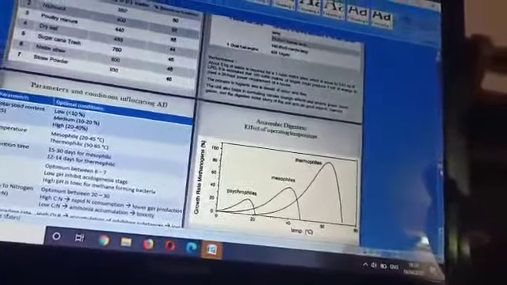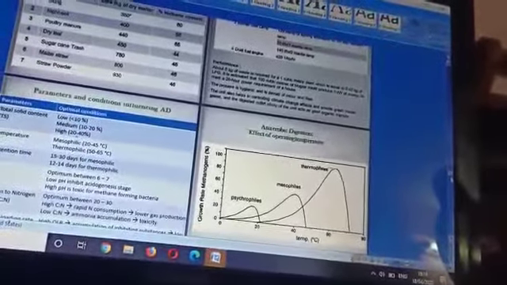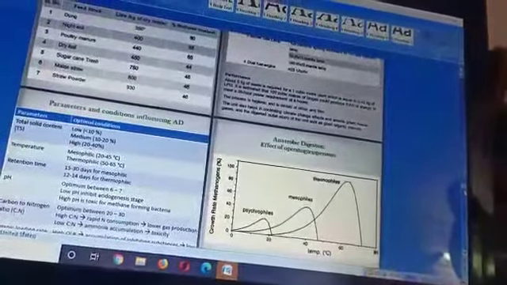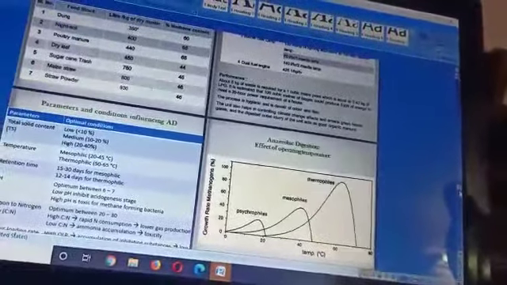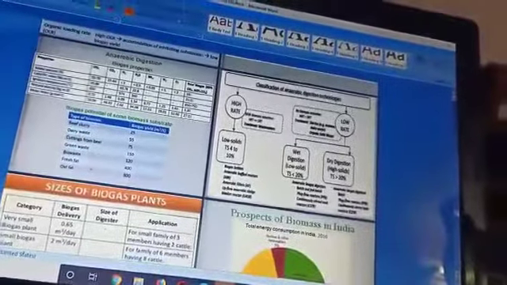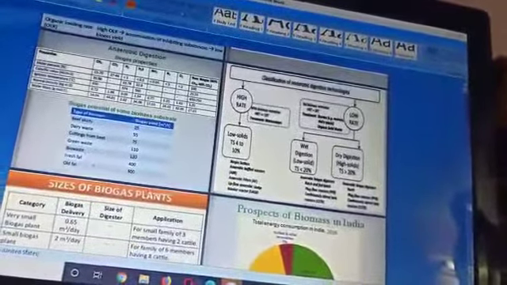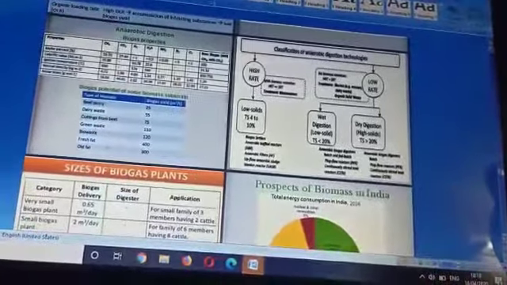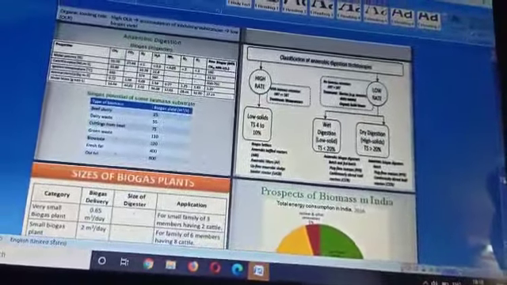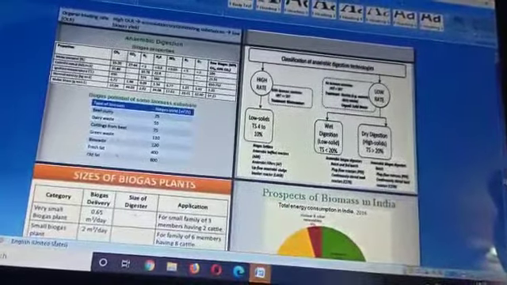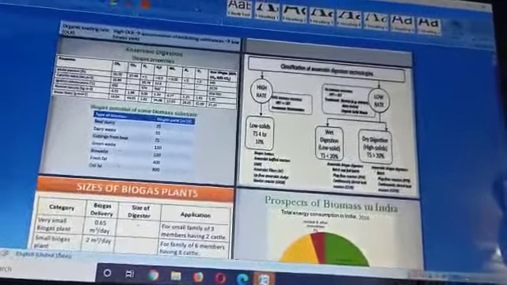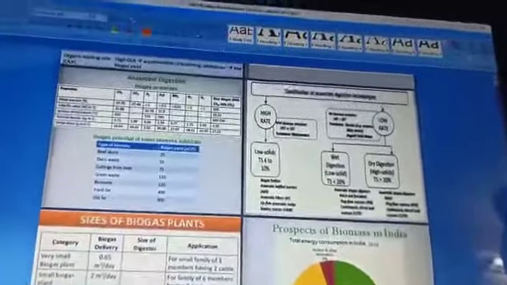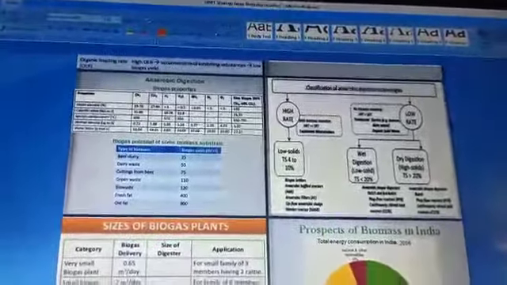And these are the operating temperature differences. We discussed earlier also, mostly mesophiles and thermophiles are used. Psychrophiles are anaerobic organisms working at 0 to 20 degrees temperature. And these are a few anaerobic digestion biogas properties, like beef slurry, so go through them.